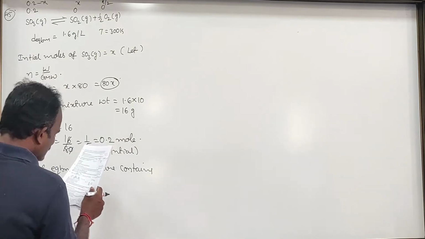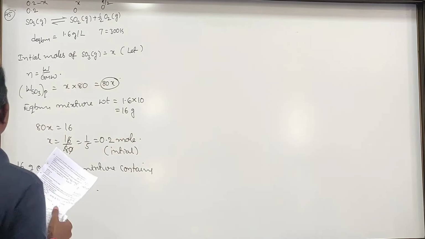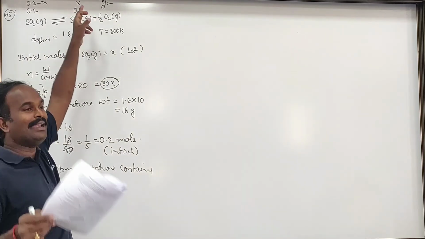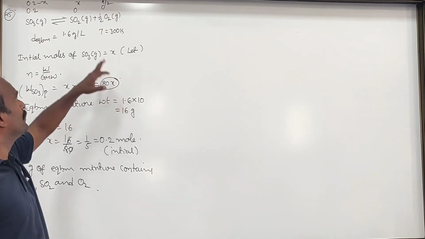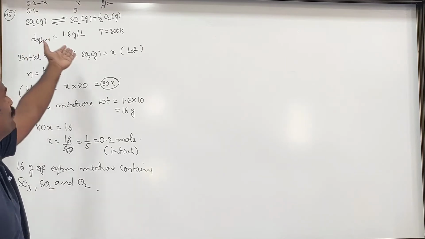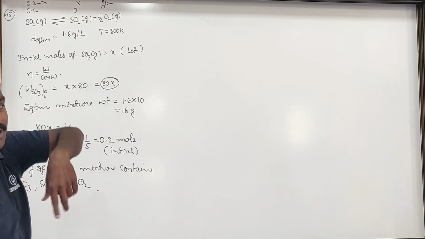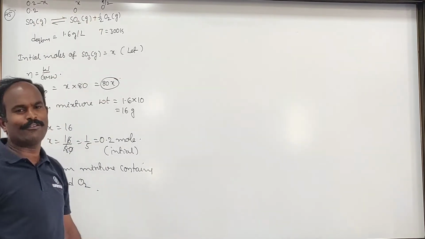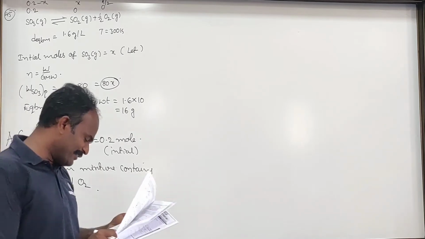If that is there, then we can calculate. Partial pressure of SO3 is 0.492 atmosphere at equilibrium. You cannot calculate that, because if I know every number of moles as well as the equilibrium pressure, then only can I calculate. Our equilibrium pressure we can calculate: PM equals D into R into T. That is already given, therefore I can calculate the equilibrium pressure. That doesn't matter. But the degree of dissociation I must know. If I know the degree of dissociation, then I can calculate that. So the options are going to be both A as well as C, for question number 45.